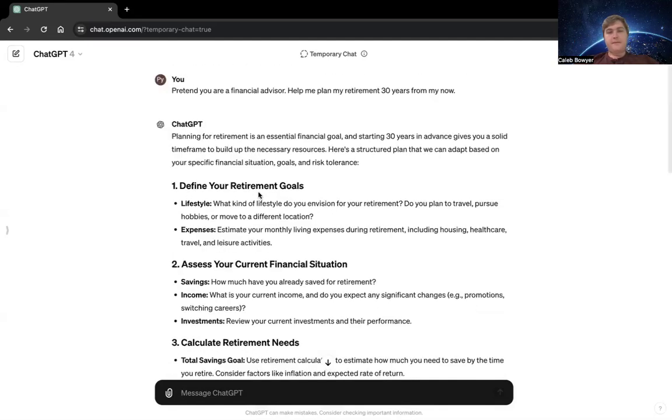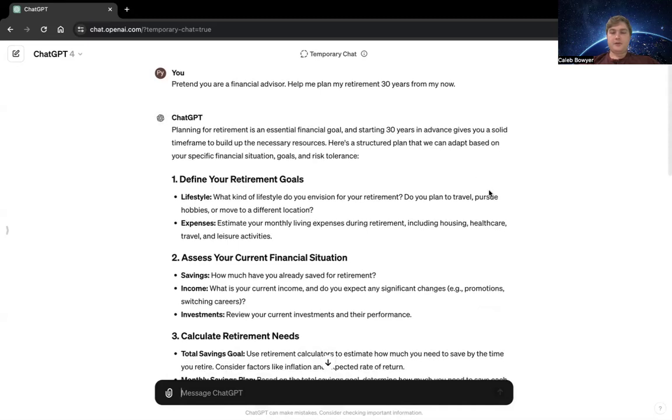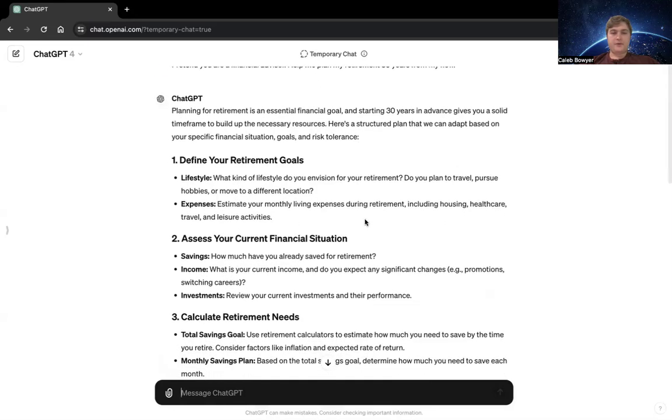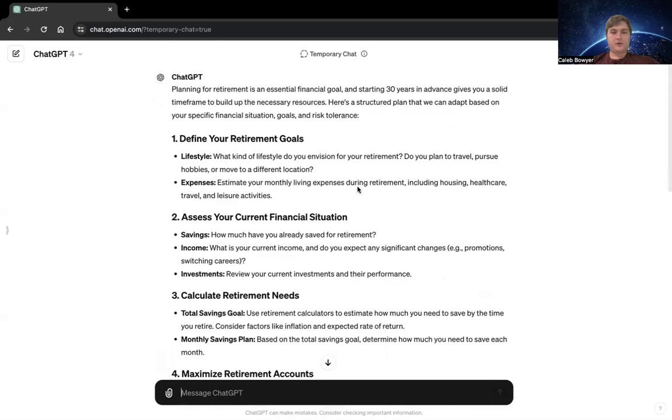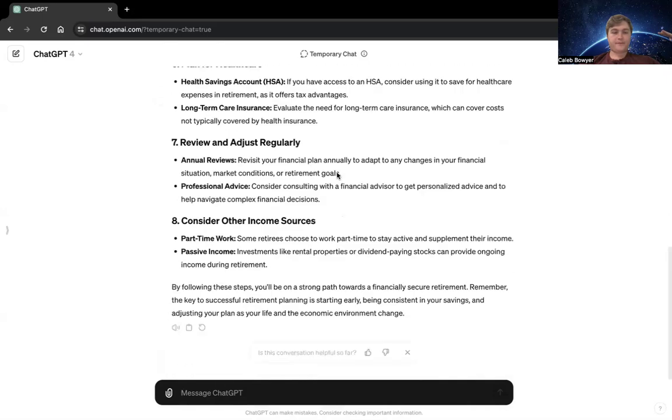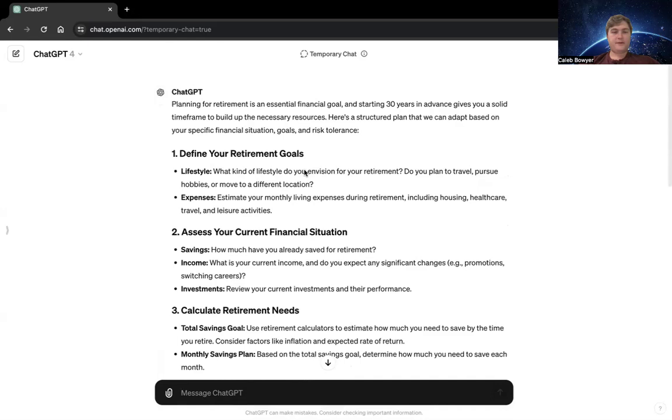So we go up to the top. ChatGPT said, planning for retirement is an essential financial goal, and starting 30 years in advance gives you a solid time frame to build up the necessary resources. Here's a structured plan that we can adapt based on your specific financial situation, goals, and risk tolerance. So it goes through 8 different key points.